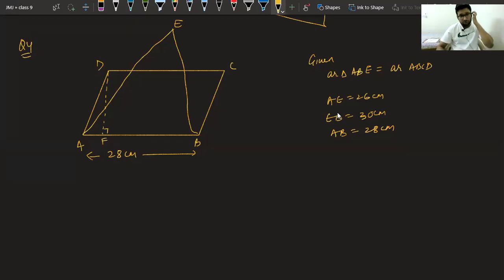By Heron's formula, Ojaswini, you can find the area of triangle ABE. That's okay. But how will that help you to find the length of DF? Very good, Vaishnav. Vaishnav is saying that the area of a parallelogram is base into height. It's okay, beta. But how will you find the height? Tell me that. We have something given to us. You have to observe that and tell me, how can we find the height of the parallelogram?